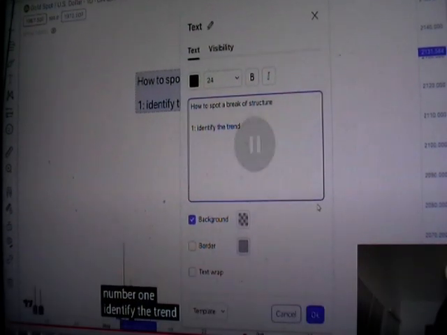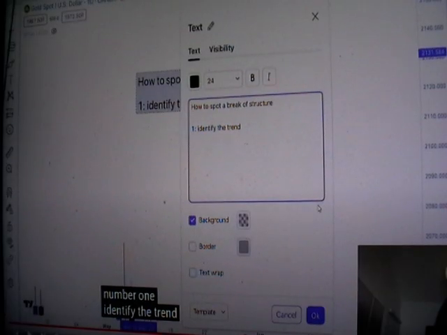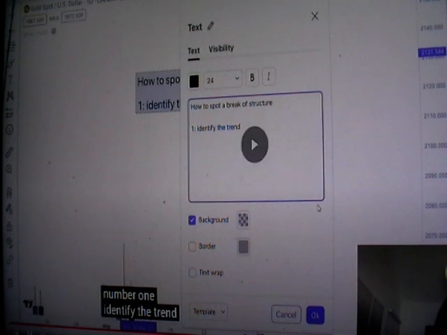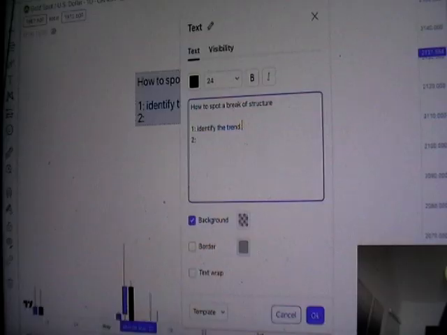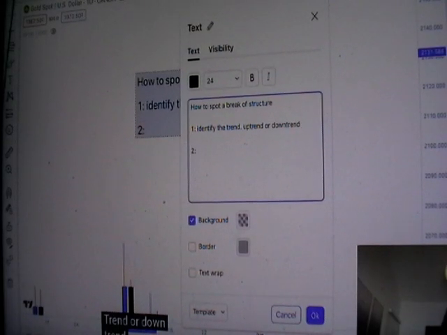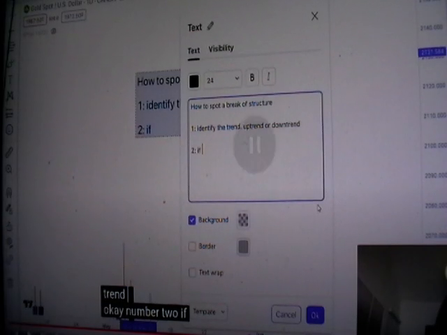Number one, identify the trend. Okay, where is it going? Number two, okay. Up trend or down trend. Okay, number two, if